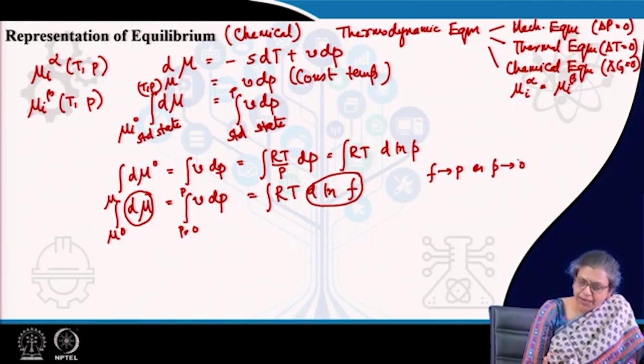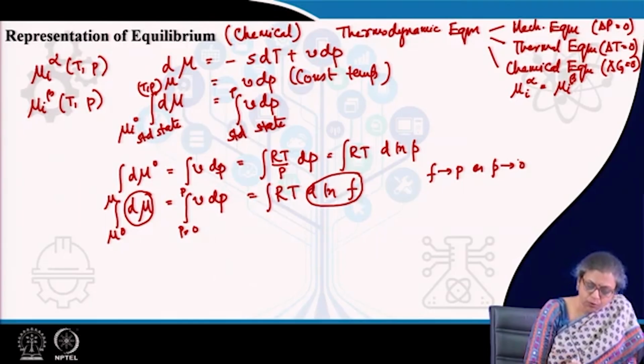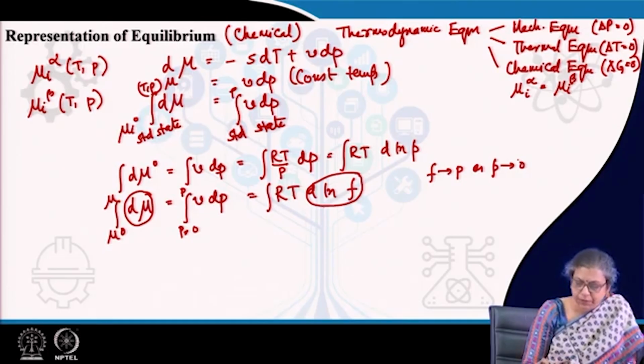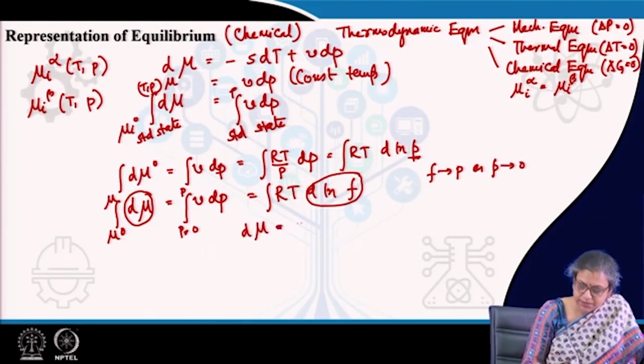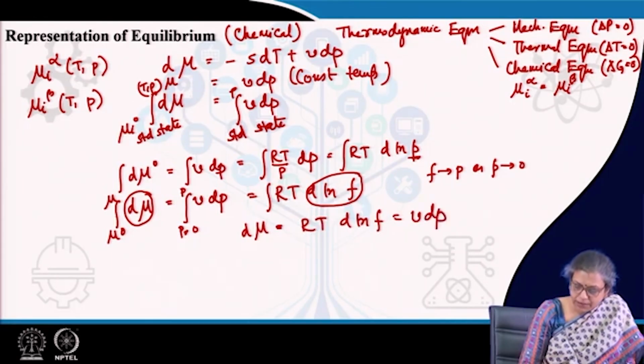So, the defining equation for fugacity: the purpose of doing this is that we did not know the lower limit or the standard state based on which mu should be calculated. But if we relate this P with F, then we know the value of F under some particular standard state, which corresponds to the ideal gas situation. So, what is the defining equation for fugacity? The defining equation for fugacity is written in this particular form,